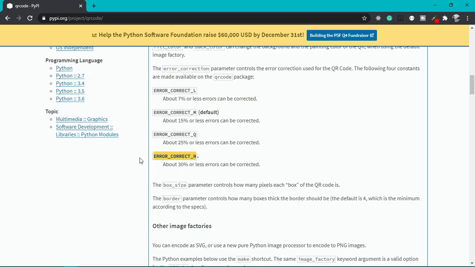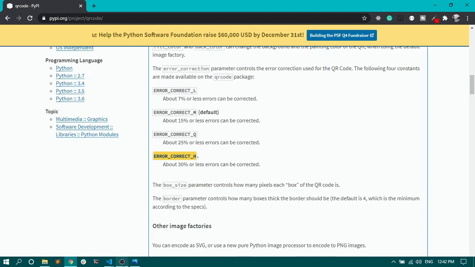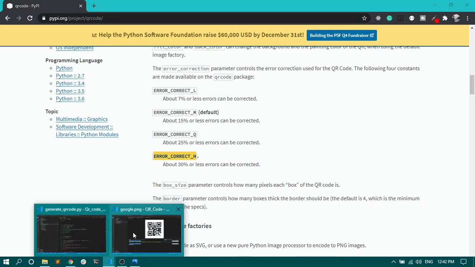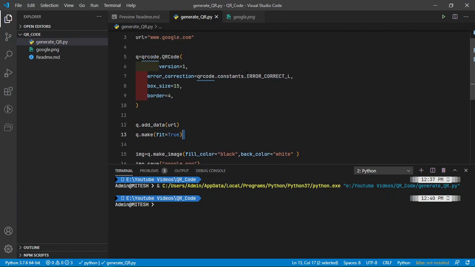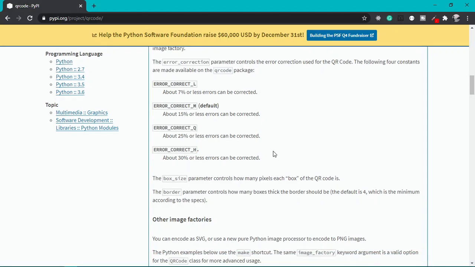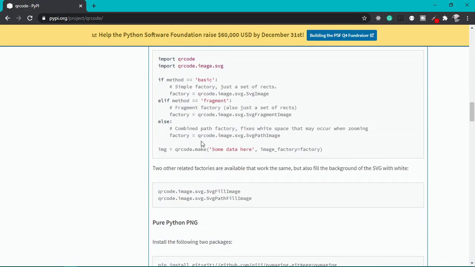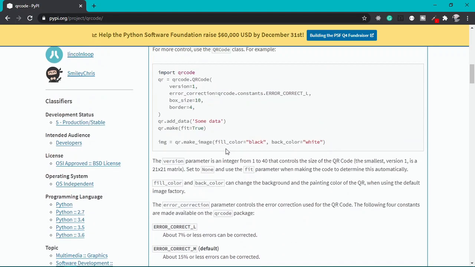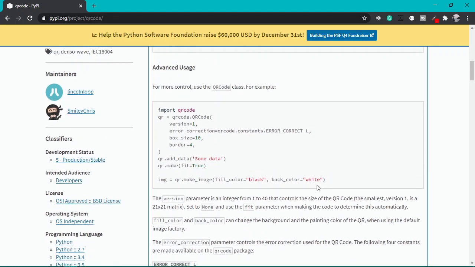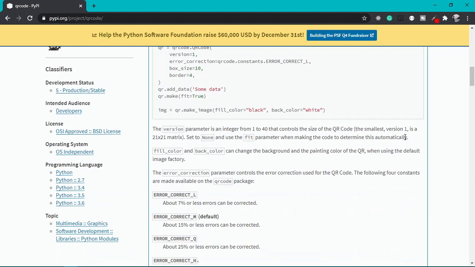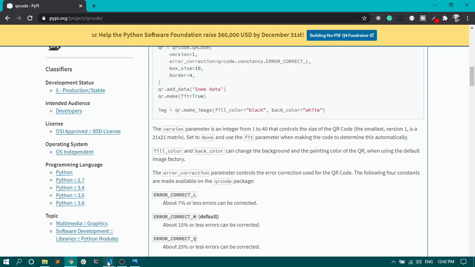So I want H. And border, okay, black and white. QR code version 1. Okay, I think that's all we need,